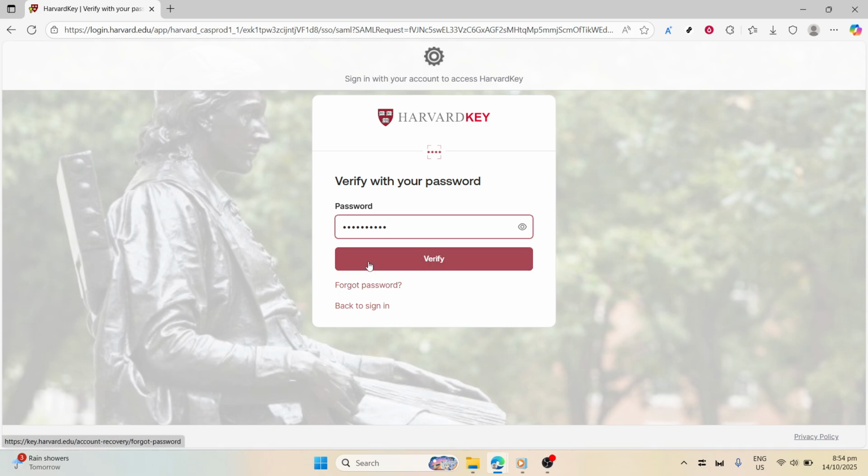Once both the username and password have been correctly entered, click on the Verify or Login button, whatever the portal label may be. This action submits your credentials for authentication. The system will verify your details, and provided everything is correct, you'll be successfully logged into the Harvard University online portal. And there you have it. By following these steps, you are now inside the portal and can access the multitude of resources, tools, and services